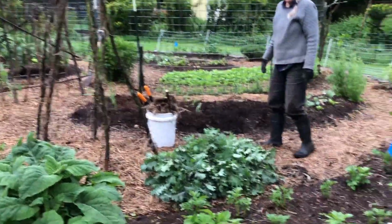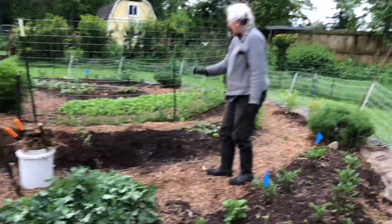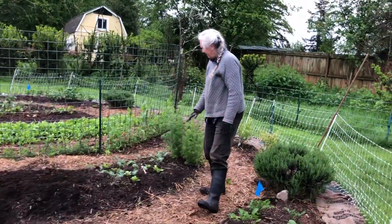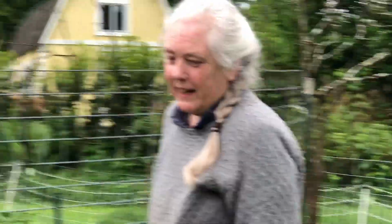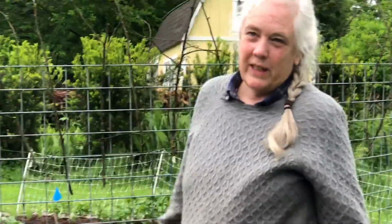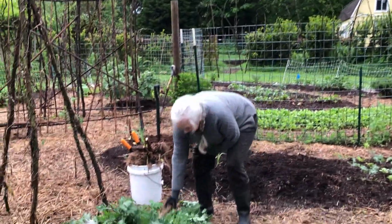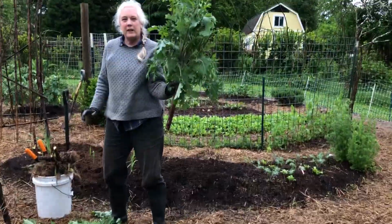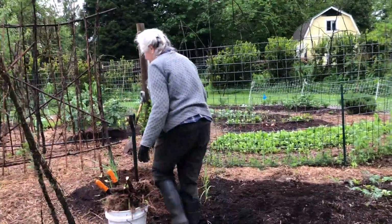Oh my word! What are you doing, Sally? Well, this is the bed that had all the winter kale. I've got new kale planted here, and so I'm opening this up to plant. I've got lots of basils, Tulsi basil, the Genovese basil to get in, parsley, and then I've got all the summer zucchinis for the rest of the garden. But it's amazing. I'm gonna feed these tops to the goats today. All right. They're gonna love it, and then we're gonna try an experiment